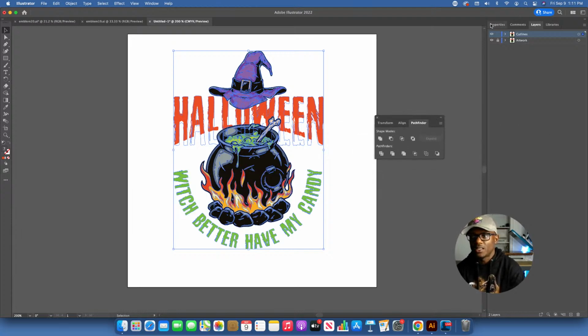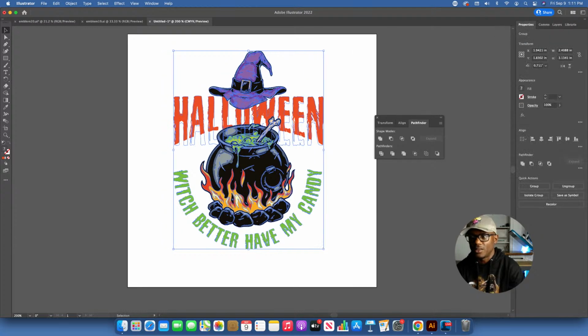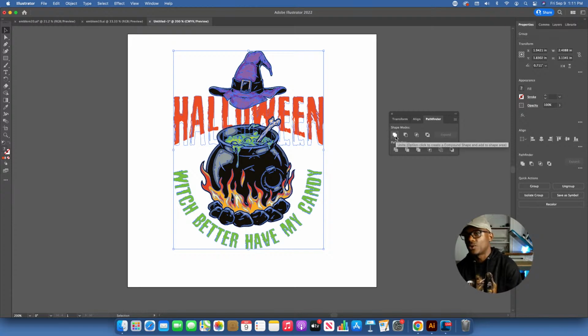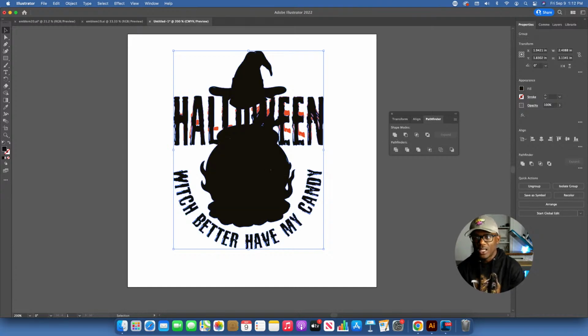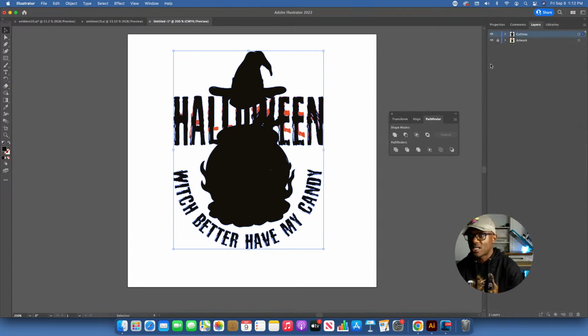Okay, for me, I like to keep my Pathfinder underneath, it's already underneath your properties menu. Okay, so with all that selected, we're going to hit this first one here that says unite. We're going to unite the shape. You ready for it? Boom. United the shape. Now it's one shape. So I want to do something to this second layer that we locked. I'm going to turn it off so we don't see it in the background for now, okay? So you're not confused. Okay, so now this is one thing. You see it's all united.